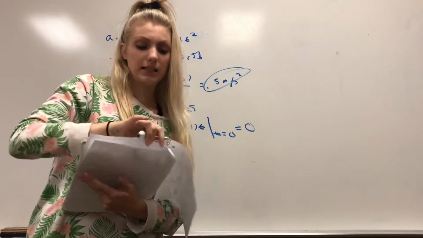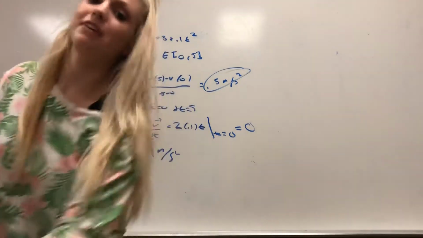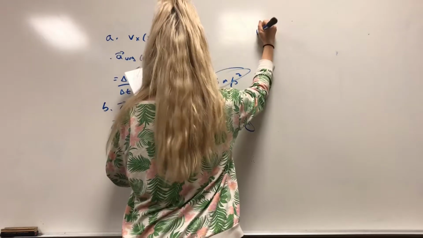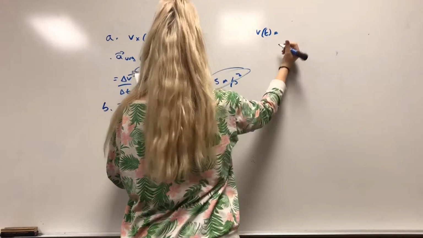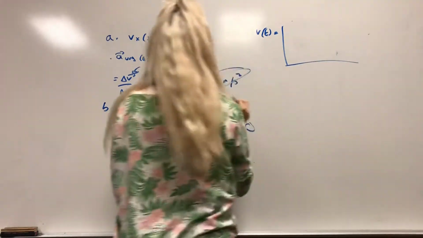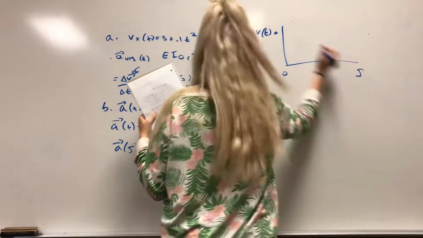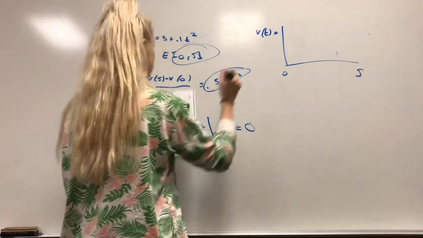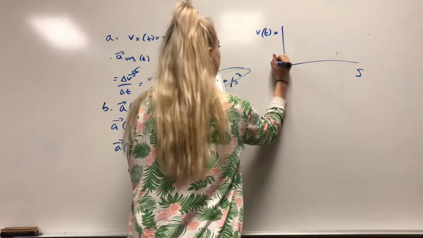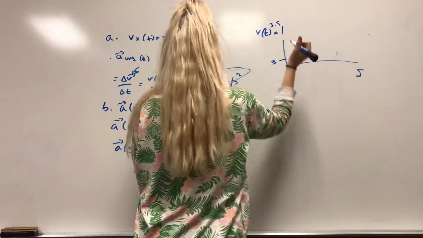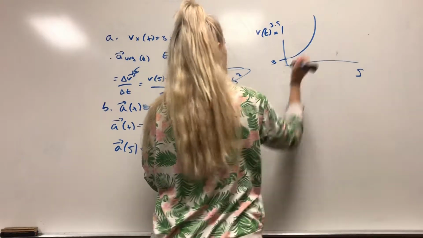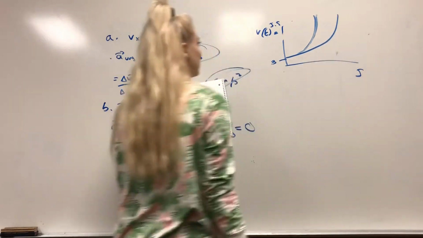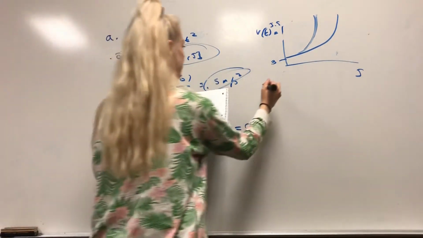So let's see what I did. For the graph of velocity, I'll do it over here. We have that it goes from 0 to 5, which is given by our interval. And it starts at 3. And it exponentially increases. That's pretty quickly. It doesn't increase that quick. More like that. And then for our acceleration,